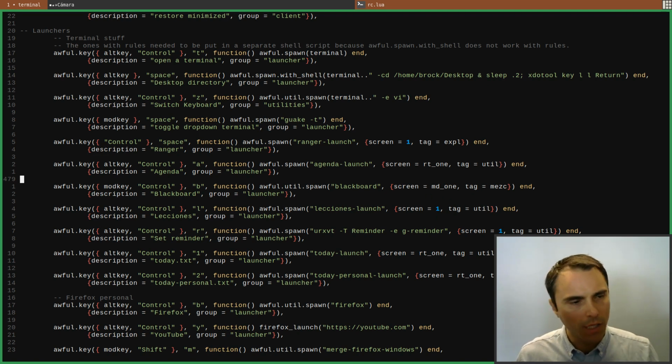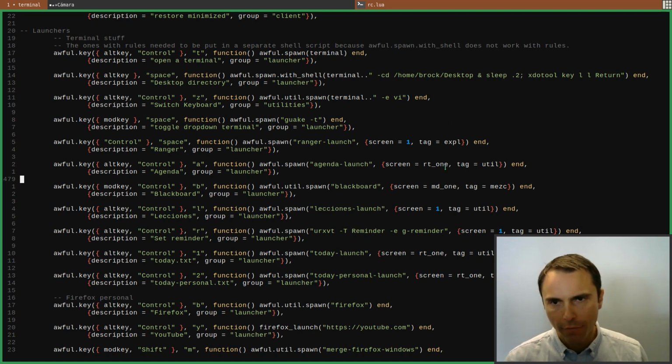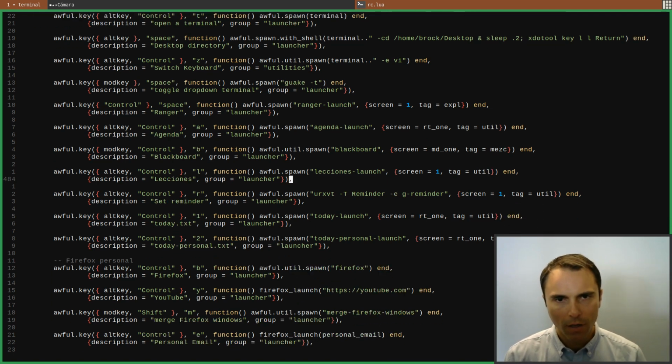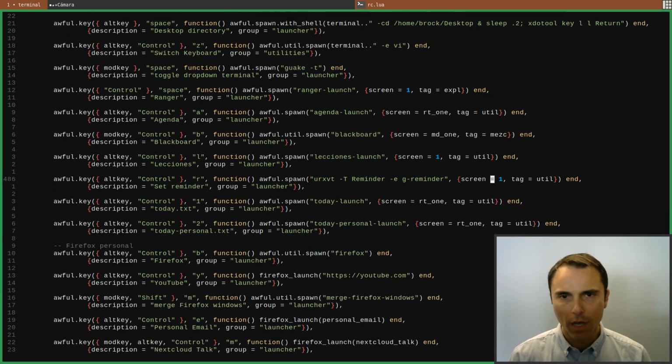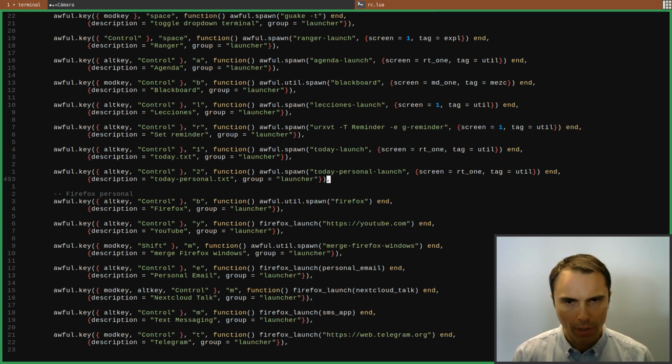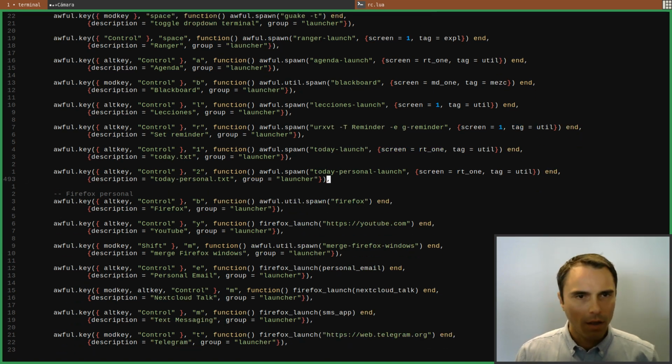Otherwise, were I using LX terminal or XFCE4 terminal, each new window goes on the same PID. Therefore, it does not follow the rules because it's already opened on a particular tag, and it just loads on that same tag again. So that is one of the benefits and reasons, among others, why I use urxvt. And then a lot of other terminals do that, but I've got other things. So okay,